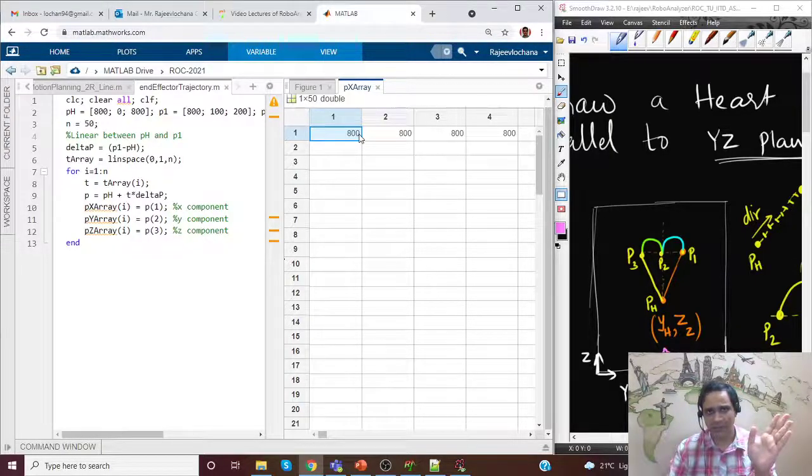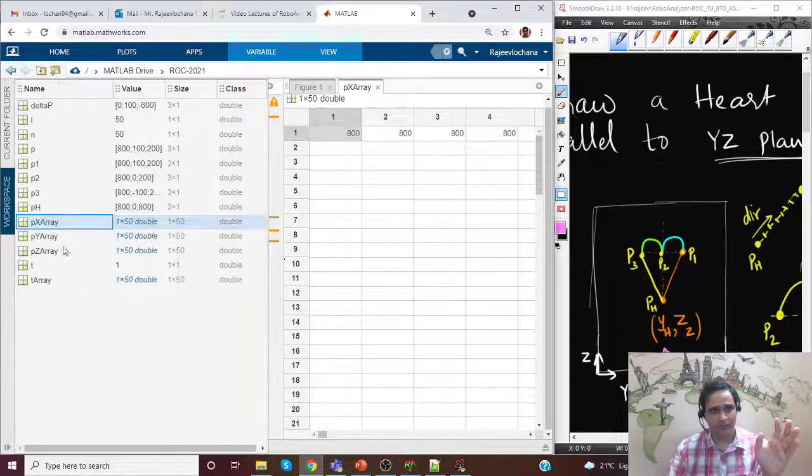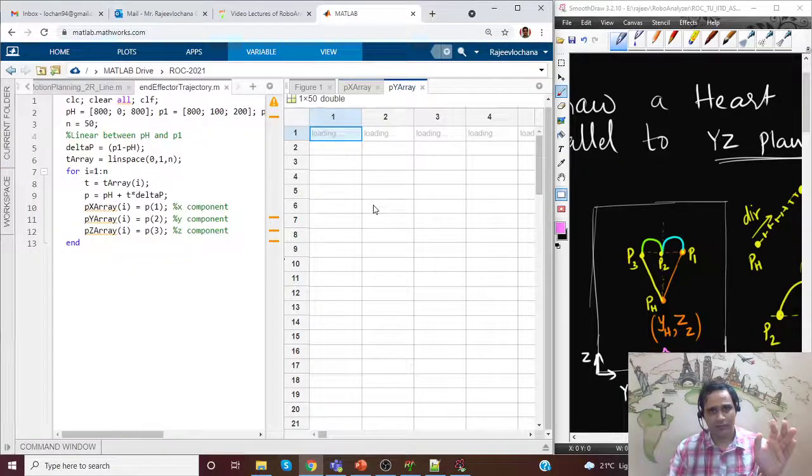It is appearing this way, that's fine, in the row. Similarly py array and pz array will also be shown to you. You can see py array, the values are shown. It is increasing as we proceed ahead.